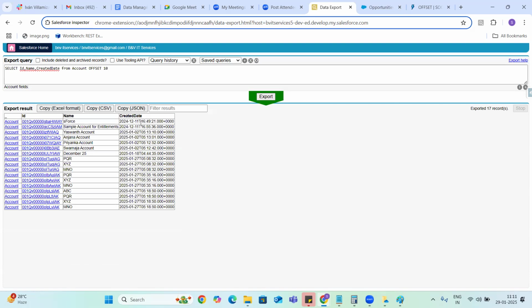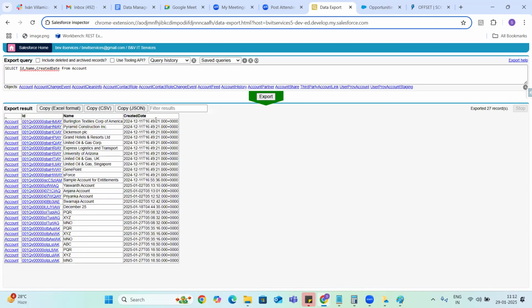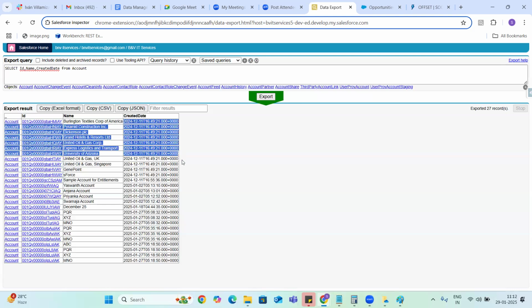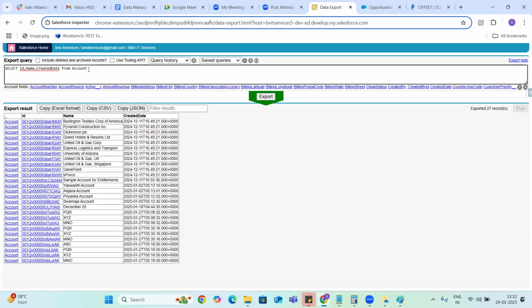Basically, if I take off this offset value, I have so many records. But with the offset it is ignoring my first 10 records and giving me the rest of the records.